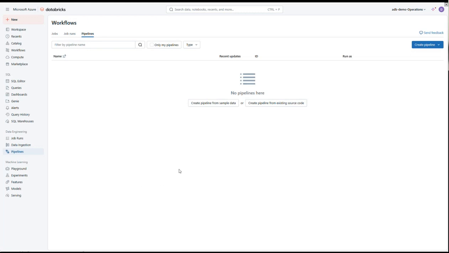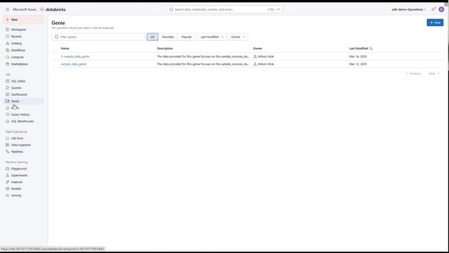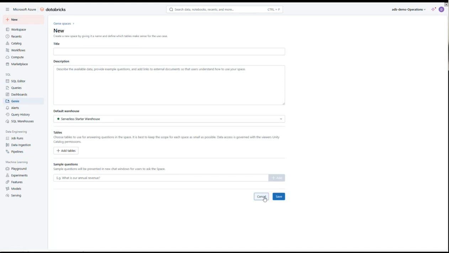So jumping back into the Databricks environment, there's a Genie tab under the SQL environment. The Genie is primarily being used for business users as well as data analysts as the primary audience of this tool. Of course, anyone else can use this as well. It just very naturally fit that user base here. So I will name my Genie the sample sales data Genie,